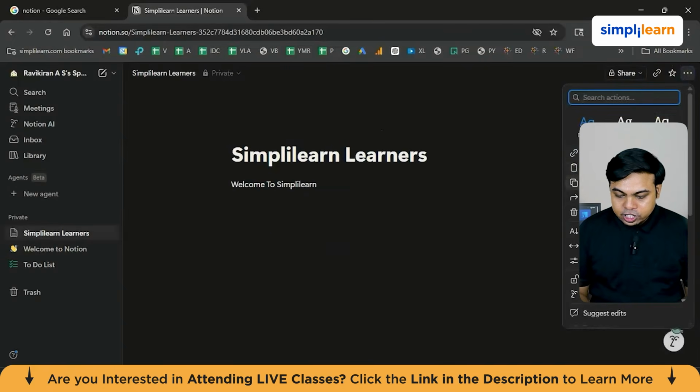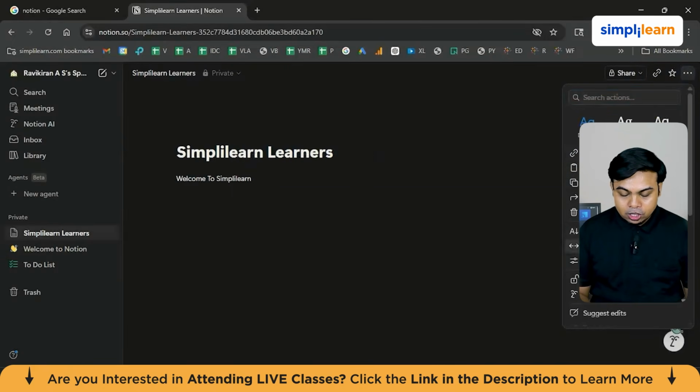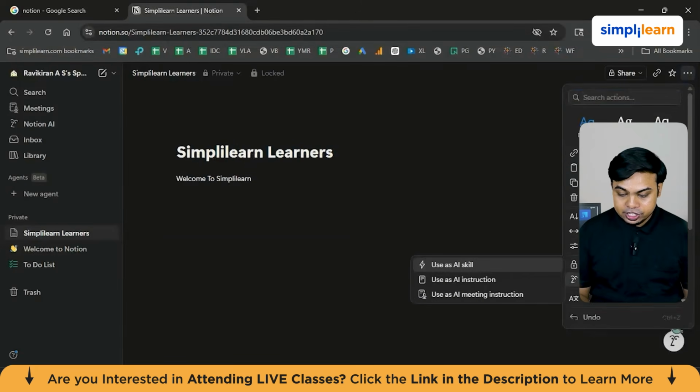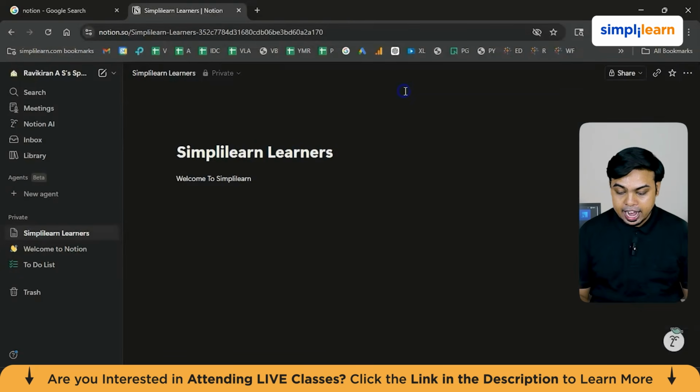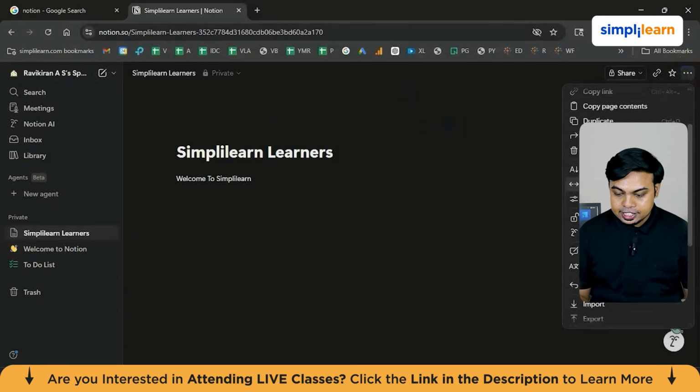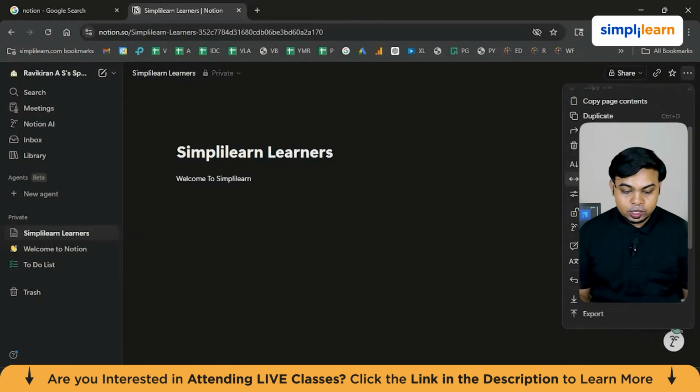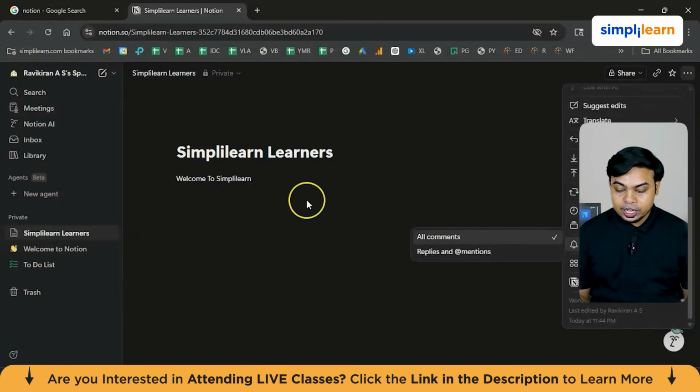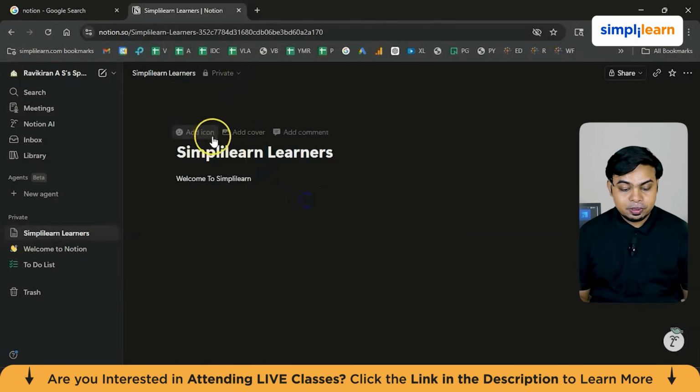Now just click on the three dots out there, and here you can see you can also change something on the page. You can add small text, you can also use the full width, you can add AI and all of those. And if you come back to the home page, here we can also change the font and make some additional changes to it. If you're comfortable with the one which Notion is offering, you can go ahead with that, or else you can change the font and make some settings.